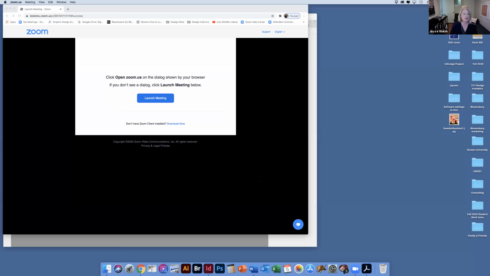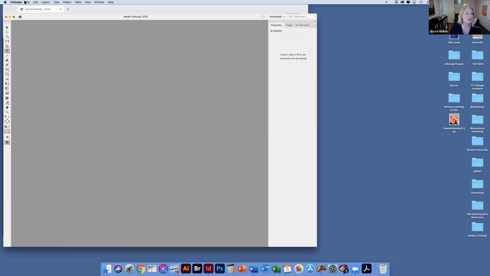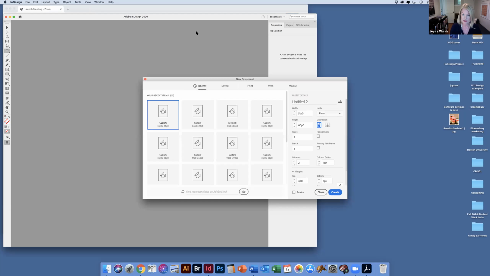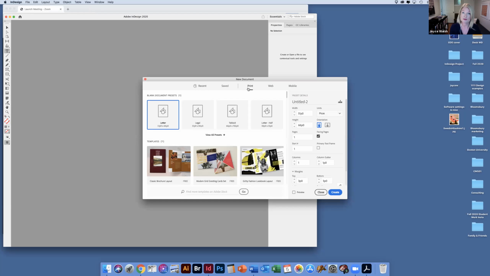And so the good news for you is InDesign looks a lot like Illustrator. It's also vector software, but it's designed for multiple page documents. So look, the toolbox looks a lot the same. We have a new tool we're going to talk about in just a sec. The properties panel will be where you want to find it, but we also have a pages panel that's very important in InDesign. So let's go to the new document window and see where some of the differences between InDesign